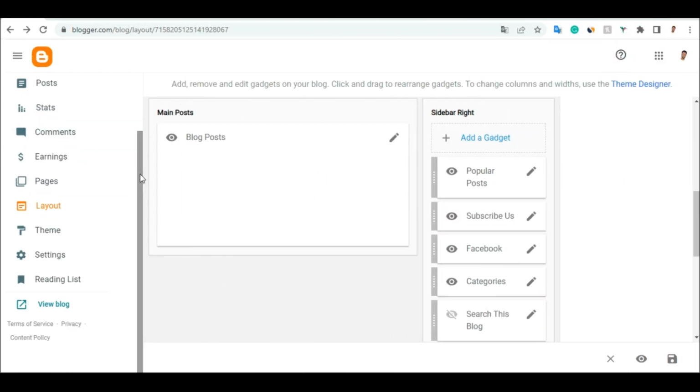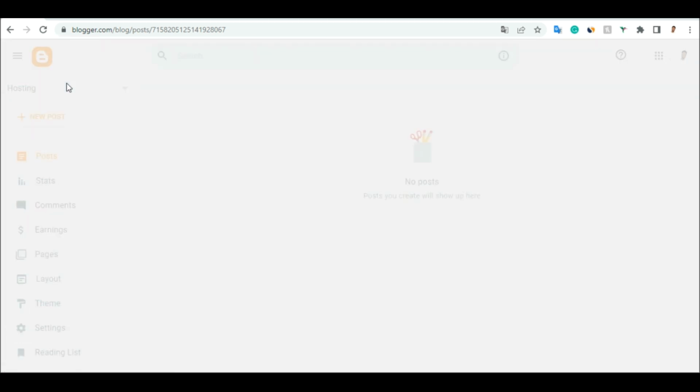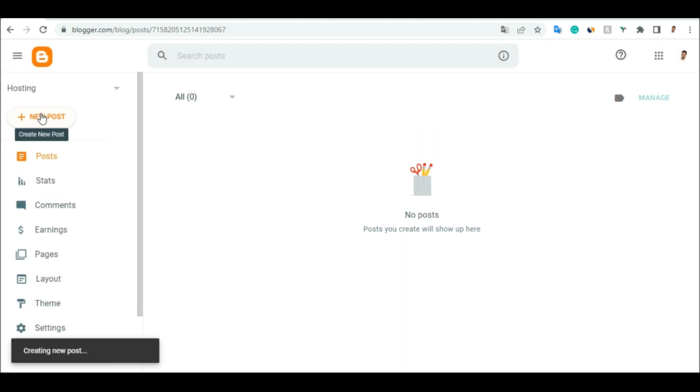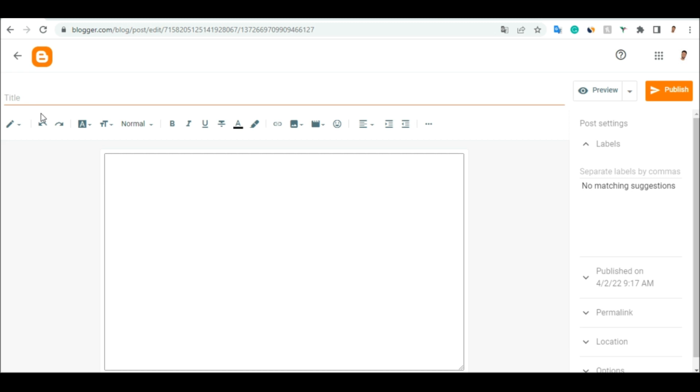So how you can create your blog is very simple. The first thing is to click on post. So once you click on post, click on new post here. So we are going to create our first post. So we are going to enter the title of this post. We are going to type in